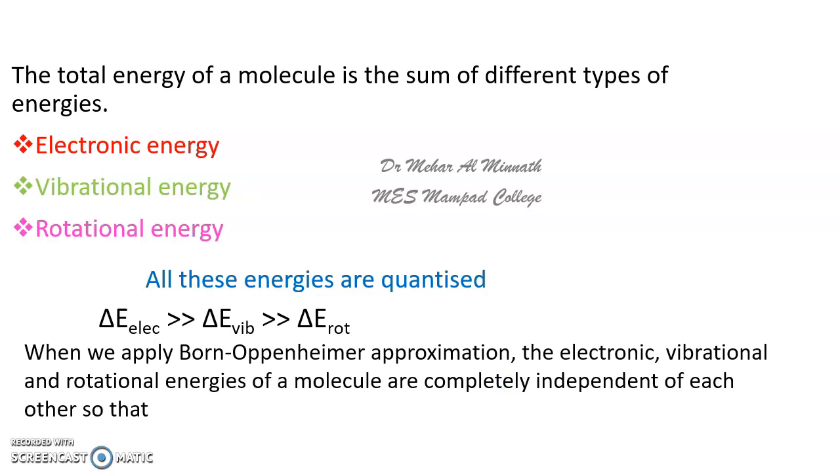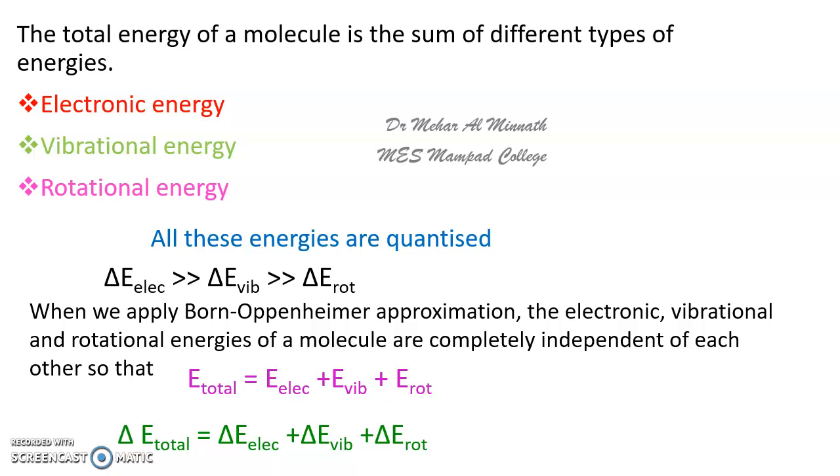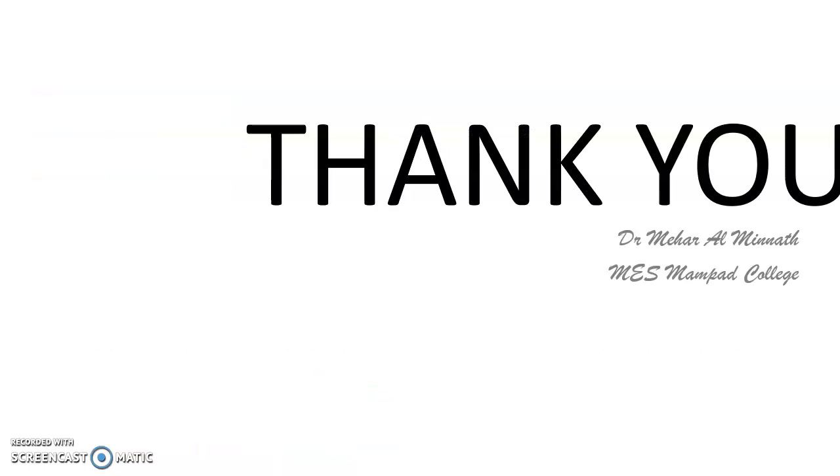So the difference in transitions will also be of the same order. The order of separation between the quantized states of these energies is that electronic separation is greater than vibrational separation, which is greater than rotational separation. This we have seen in the molecular energy diagrams. The total energy of the molecule or sample is considered to be the total of all these energies, and the difference will also be the difference of all these energies put together. Keeping all these in mind, we'll go further to study the spectroscopic